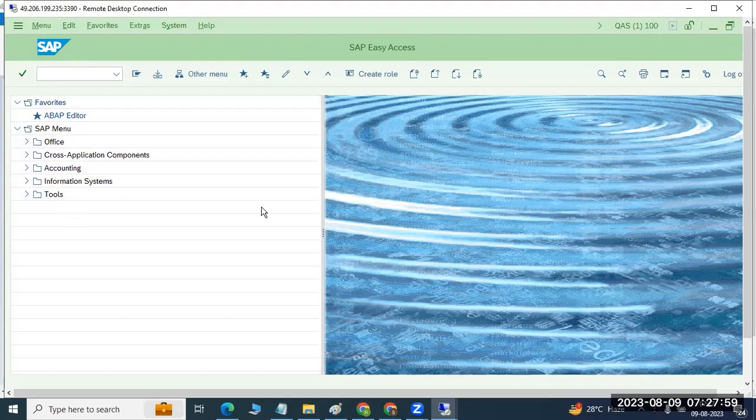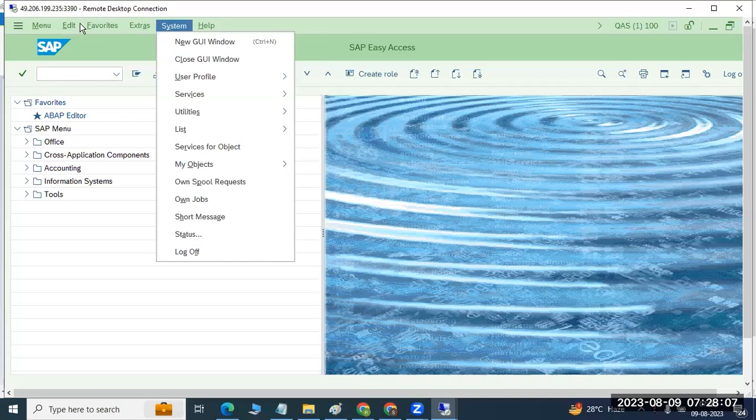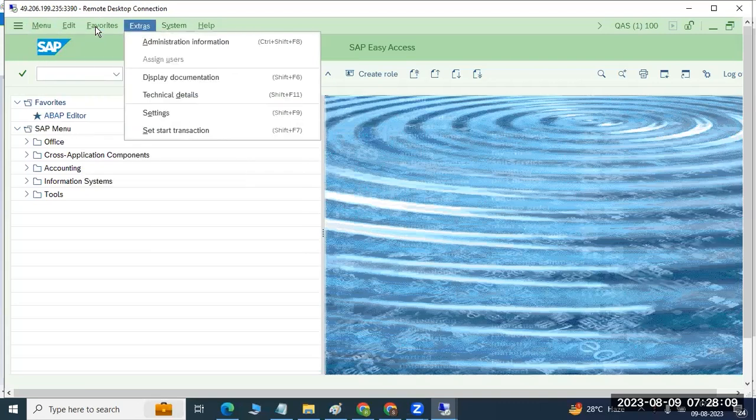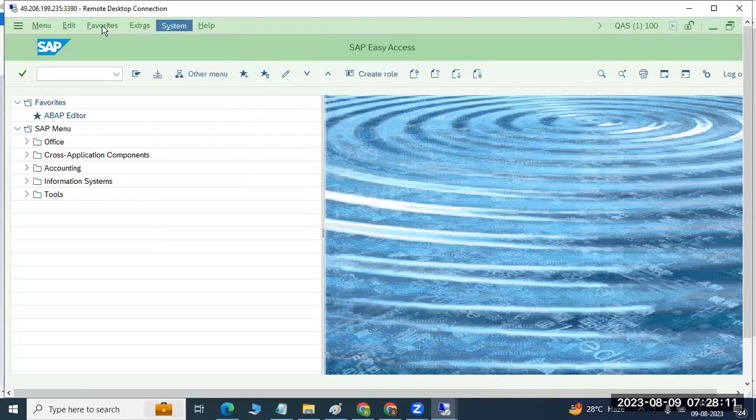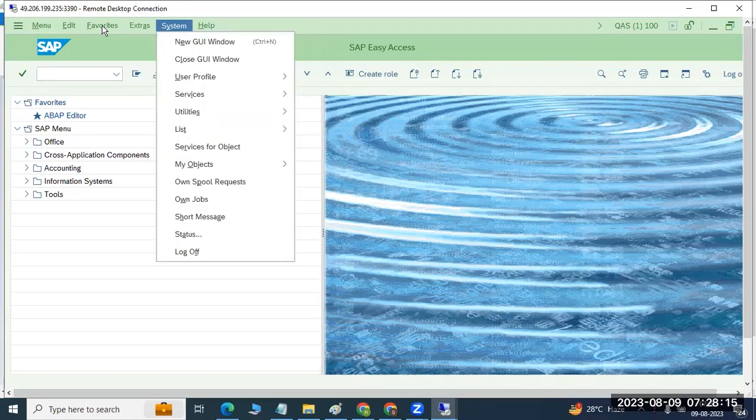This is the favorite themes and everything, some buttons and icons. So you will get everything here. This is the toolbar. In the toolbar, we have multiple options. Okay. So the system help is common for each and every screen here. System and help here. If we go to system